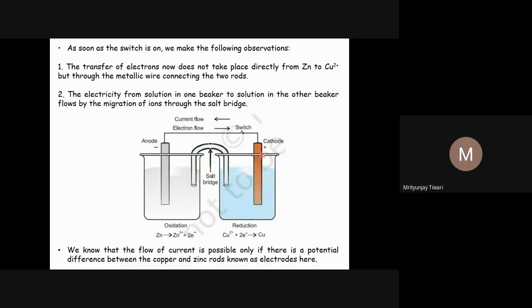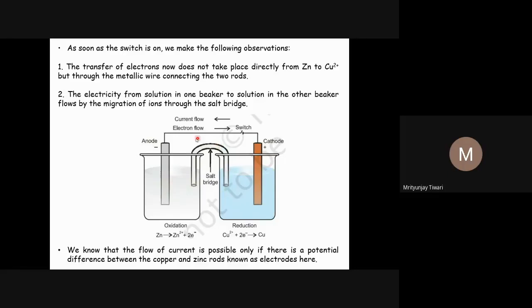Once we add the salt bridge and switch on the switch, electron transfer happens. Why? The zinc gets oxidized, giving Zn2+ plus electrons, and that electron moves through this circuit and goes to the other side. During this process you can see the electron flow, or you can use this current in certain applications, such as batteries. This is how electrochemical batteries work; this is one form of electrochemical battery.